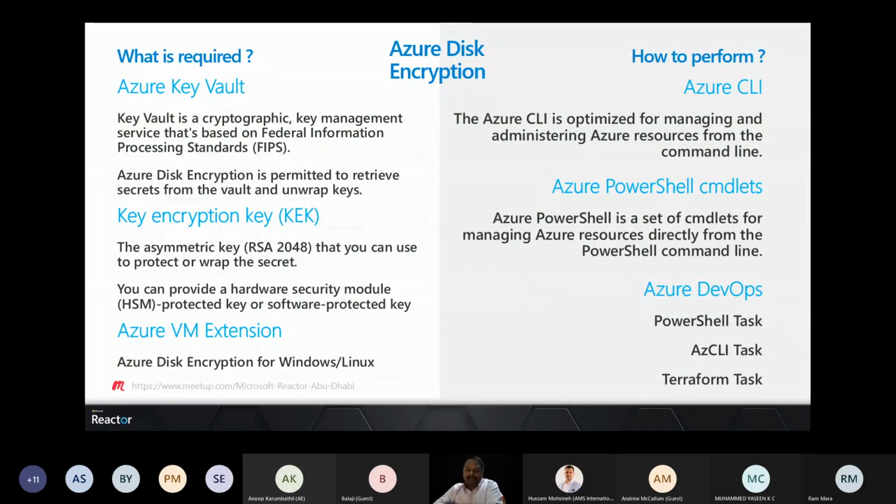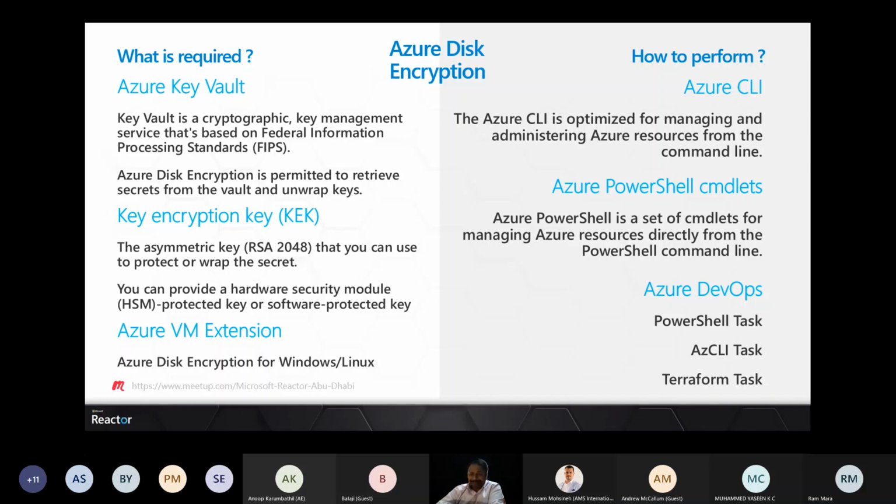Okay. So we talked about what Azure Disk Encryption is, what feature it is. Azure Disk Encryption uses BitLocker technology to encrypt the volumes. We saw what is supported, what OS versions are supported, and what VM sizes are supported. Now you have arrived. We have seen the differences, and we have found the comparison, right? You have seen the comparison table, and we have decided to perform Azure Disk Encryption.